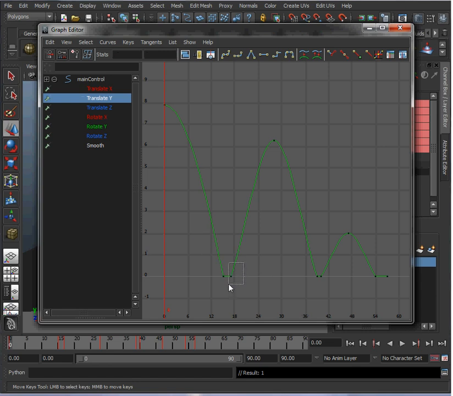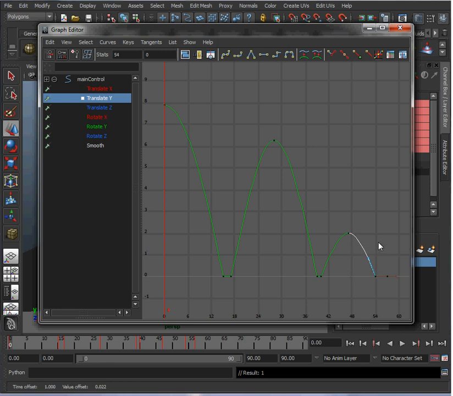I'm going to do the same thing for all these. I want to break the tangents and make sure that on this one my out tangent is pretty sharp, and this one my in tangent will be sharp. Same thing with this. Use your middle mouse button to move the tangents, and this is our last little bounce here. Make sure you have the W key, the transform tool, selected to do this.